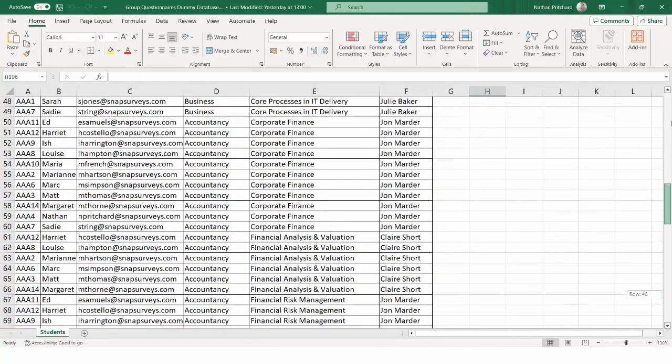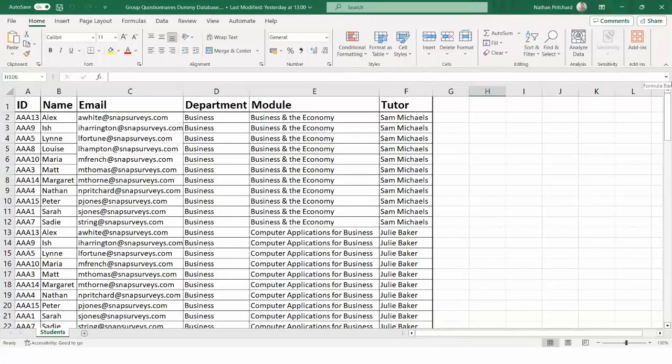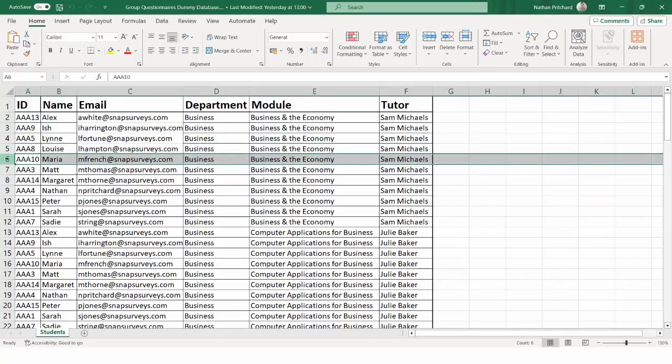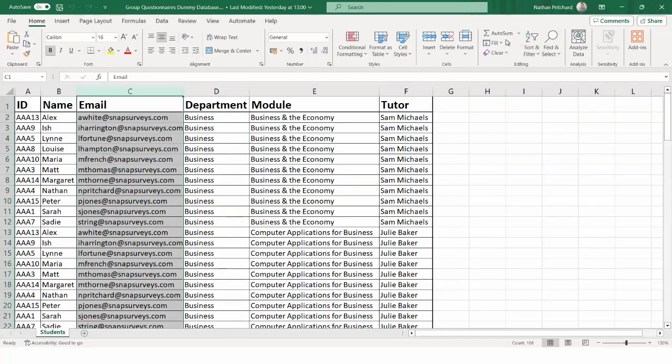But as we saw earlier, we've only actually got 15 participants. And this is where a database for a group questionnaire differs from that of a database used for a standard survey. So we've actually got separate rows for each of the courses that any one person responded to or basically took. If I quickly sort the spreadsheet based on the email column,